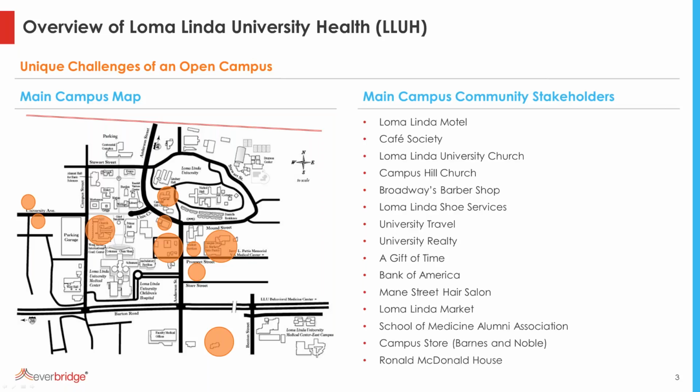We actually have 2 major churches on our campus. Loma Linda University Church is the largest church within our denomination, and we actually have over 7,000 members in that church there, and that's a third bubble from the left there. We also have Campus Hill Church. There's a barber shop, a shoe repair facility, travel agency, a real estate office, a clock and watch repair shop. We have one of the 2 major banks in town, so Bank of America is actually on our campus as